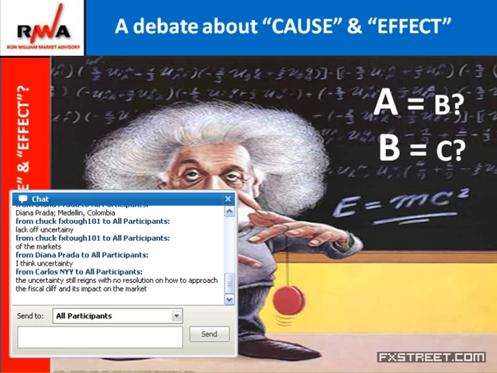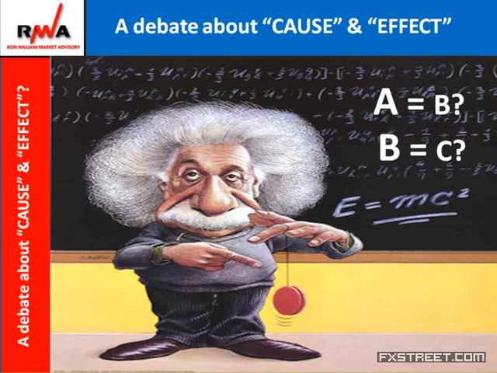The uncertainty still reigns with no resolution on how to approach the fiscal cliff and its impact on the markets. Yeah, very good point. Market uncertainty in terms of the recovery we've seen from 2009, but also economic uncertainty, certainly in the U.S. with the fiscal cliff, that huge mounting debt which the U.S. government needs to resolve in the coming weeks and certainly into 2013. And of course we have major default risk within Europe, providing a general global black swan type of tail risk for most people that look to trade the markets.